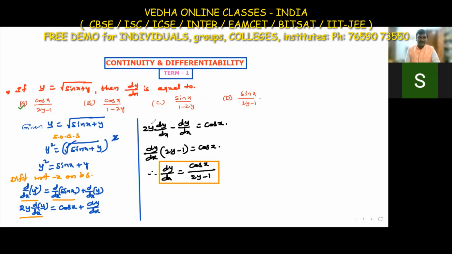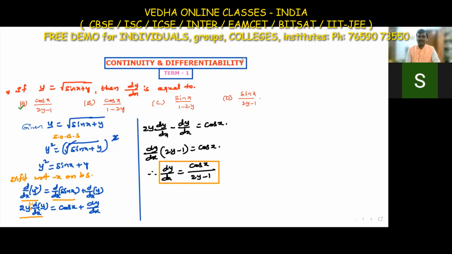So that would be 2 into y to the power 2 minus 1. Y to the power 2 minus 1 means power 1, and power 1 means no need to write it. So that is 2y into dy by dx. In place of x we have y, so it is an internal derivative: we are differentiating that y function again.